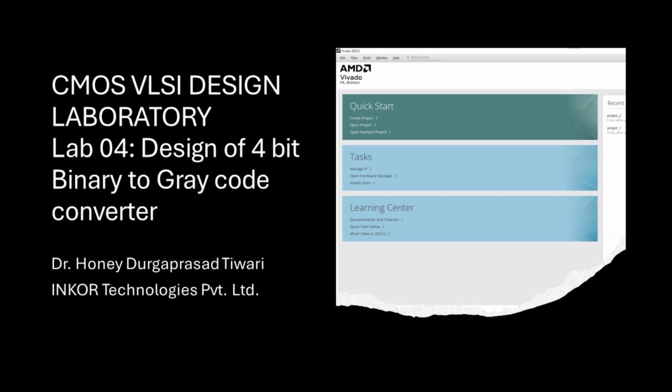Today we are diving into an exciting project using Xilinx Vivado where we'll be simulating a lab experiment for the design of 4-bit binary to gray converter. This experiment is part of the CMOS VLSI Design Laboratory for BTech, 3rd year, 2nd semester. Following the JNTUH curriculum for ECE students, we'll walk you through each step of creating a Vivado project for this